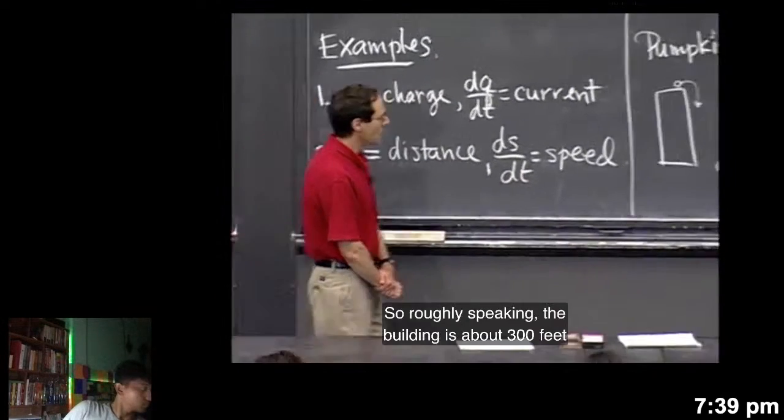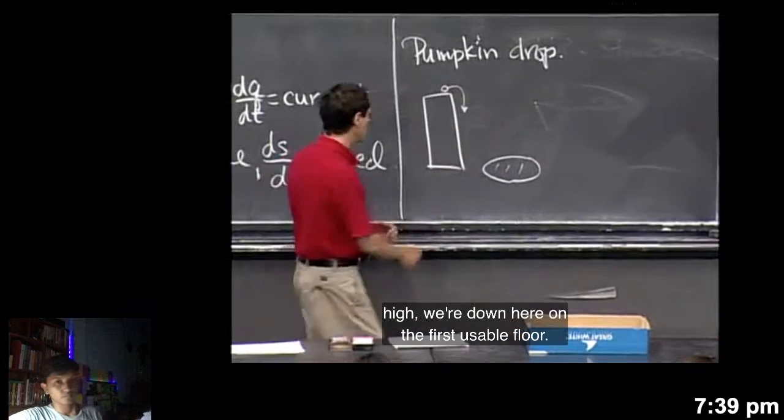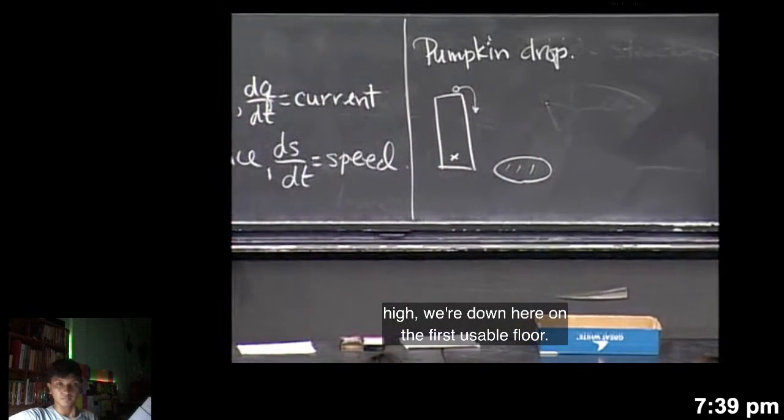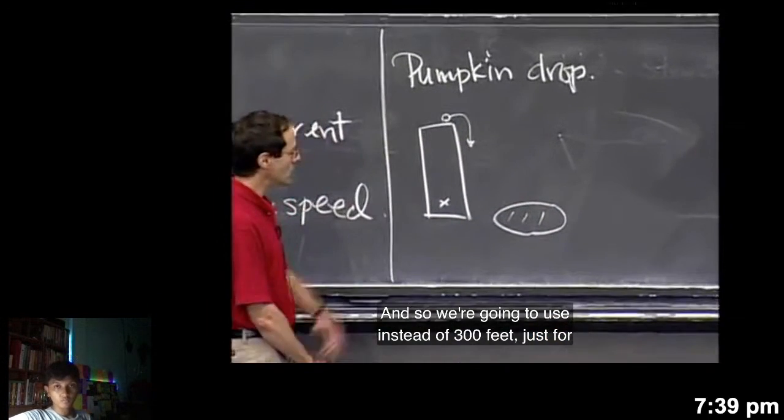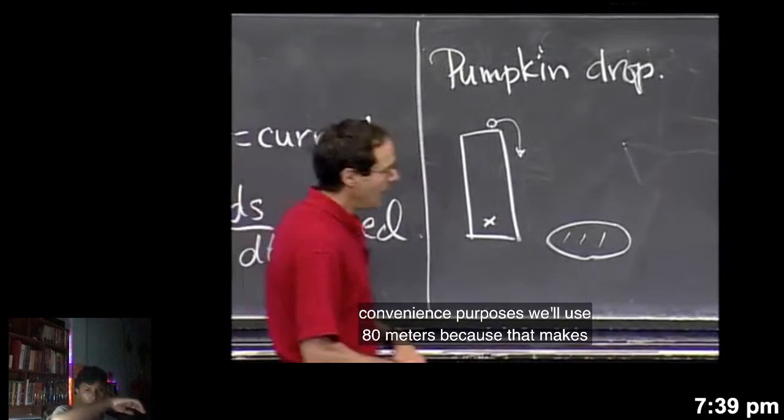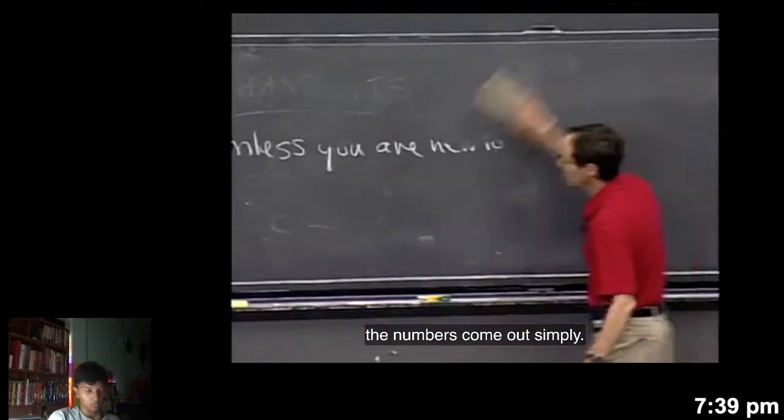So roughly speaking, actually, the building's about 300 feet high. We're down here on the first usable floor. And so we're going to use, instead of 300 feet, just for convenience purposes, 80 meters, because that makes the numbers come out simply. Okay, so